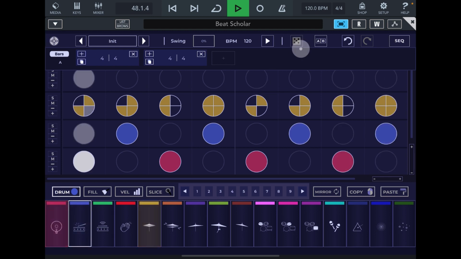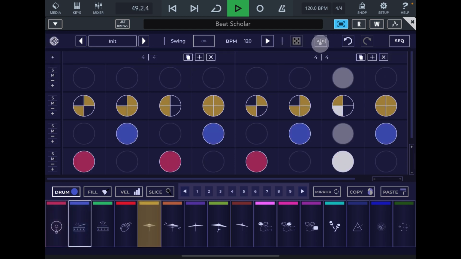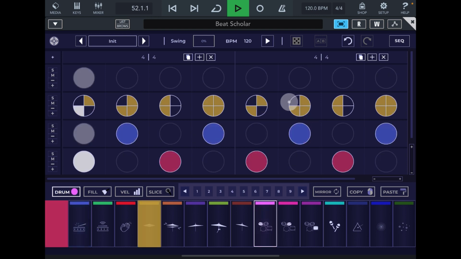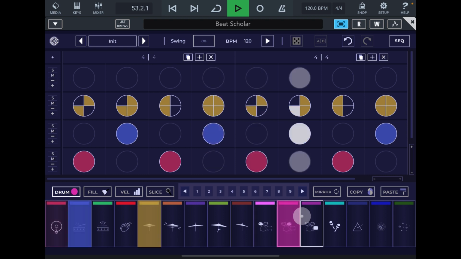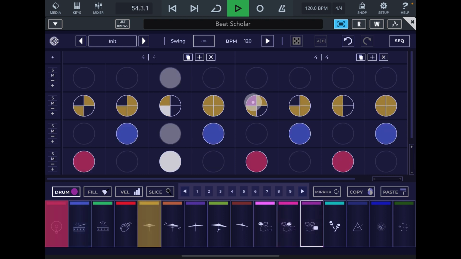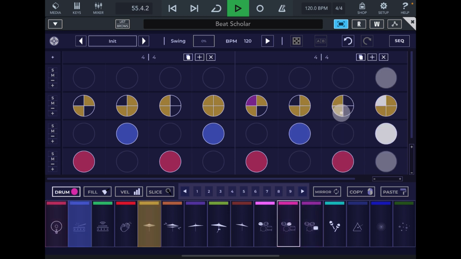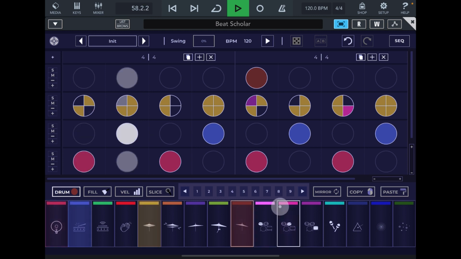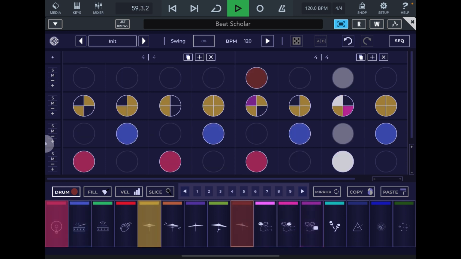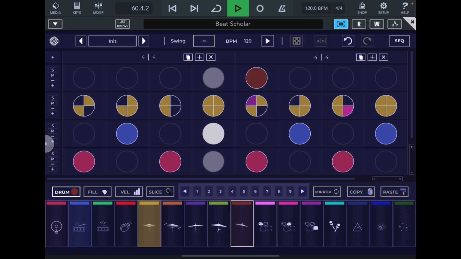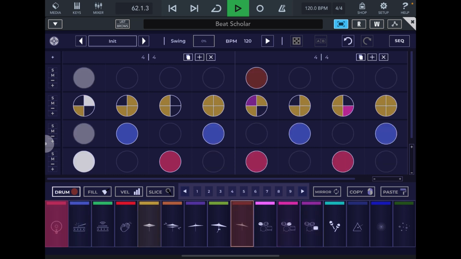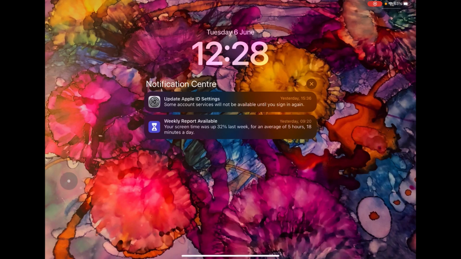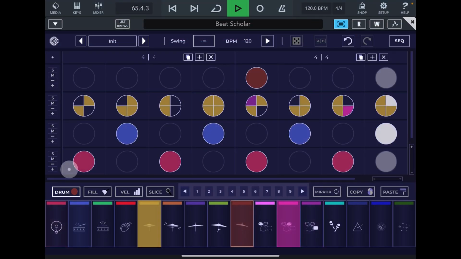you can then start to, let's just close our pattern, you can make adjustments to the second one. So you could go, make sure I'm on drum, put that tom in there. Put that cymbal in here. Okay. Right, so